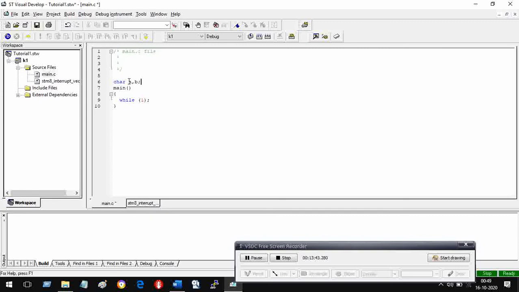Okay, so a cannot be bigger than 255. It cannot be less than 0. Similarly, b cannot be less than 0 or more than 255. So it cannot be a negative number. If I make it signed character, then of course the picture is different. I hope you are familiar with the binary and hexadecimal representations of numbers.